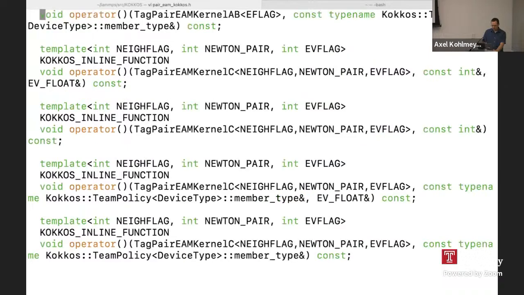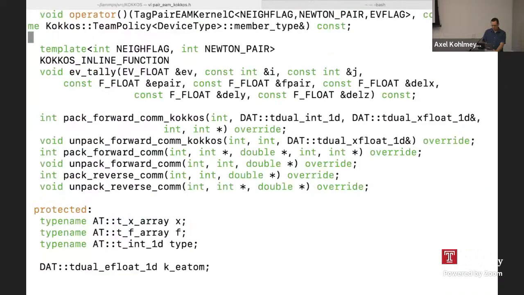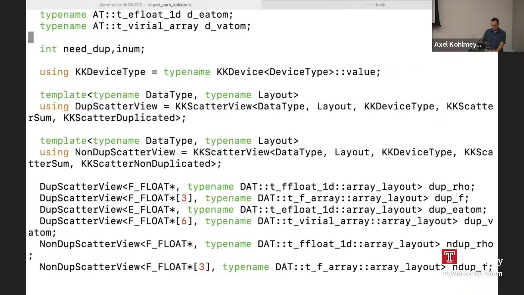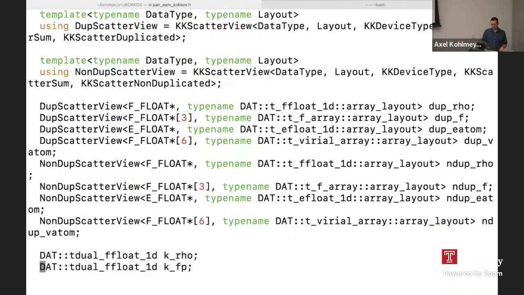So many functions, and then here are the views. One additional thing we have here are scatter views. With the simple pair styles, that's all under the hood. But here we have a bunch of scatter views. You can again think of this as boilerplate. You just copy